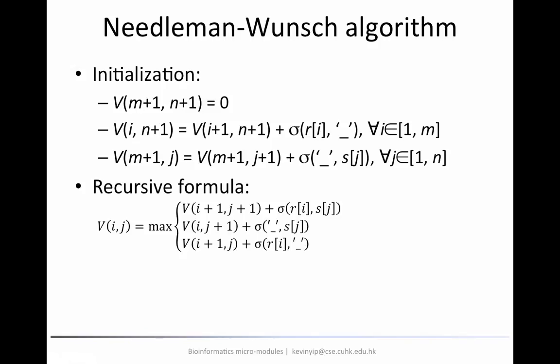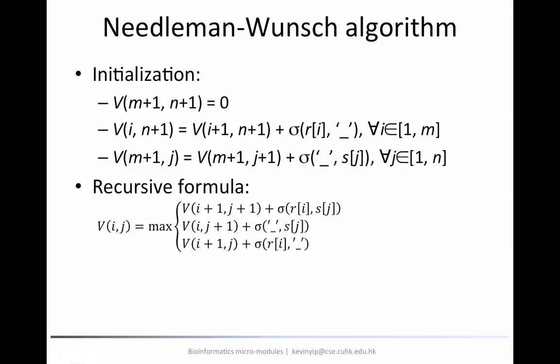So this slightly more general version of the algorithm is called the Needleman and Wunsch algorithm. The way to do that is very similar to the algorithm we just studied. In the initialization step, at the lower right corner, we still have 0. But then for the other entries on the last row and the last column, we need to use the scoring matrix to calculate the score rather than fixing them to -1, -2, and so on.